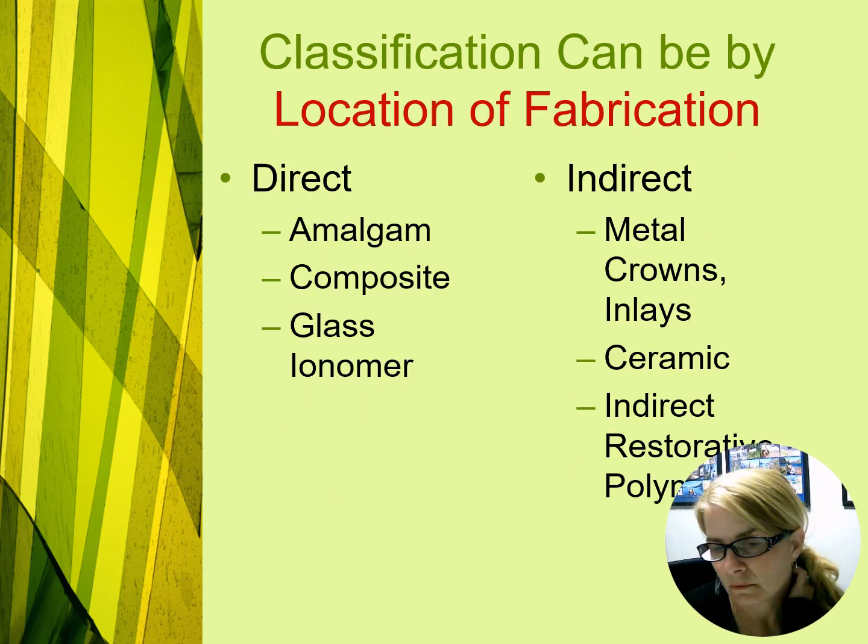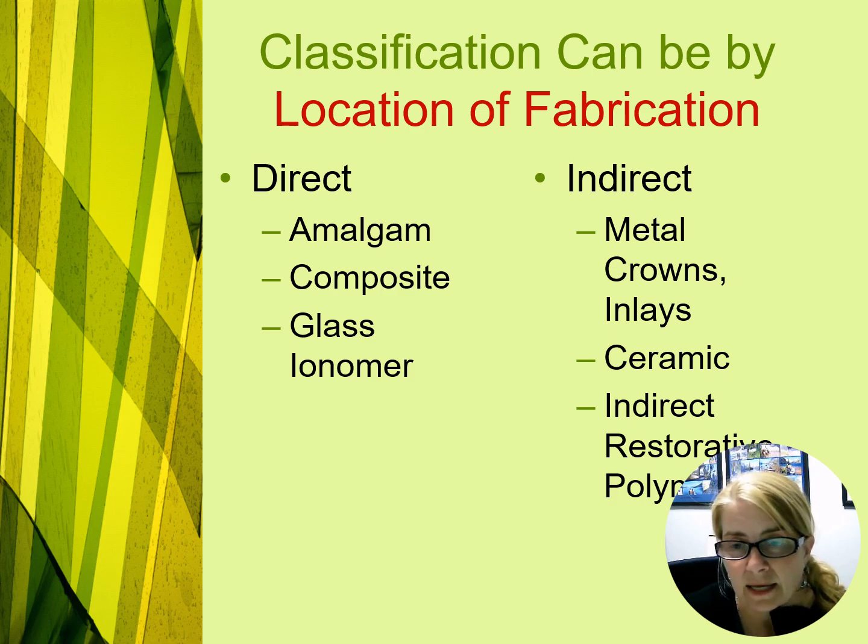that kind of thing. Classification of dental materials can be by location of fabrication. So is it going directly into the cavity preparation like an amalgam, composite, or glass ionomer cement would be? Or is it being made somewhere else and then being put in the mouth? So direct is being placed directly in the cavity preparation. The dentist is placing amalgam in that prep. They're placing composite in that prep. They're placing glass ionomer in a class 5 area of demineralization that has progressed to a cavity, and they're placing